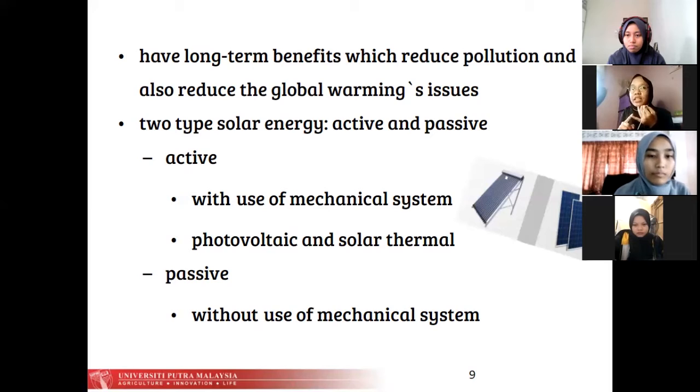without using a chemical system. Fans, blowers and pumps are examples of this passive solar energy. Passive systems also make use of material with large heat capacity to store and to deliver the heat. Next,